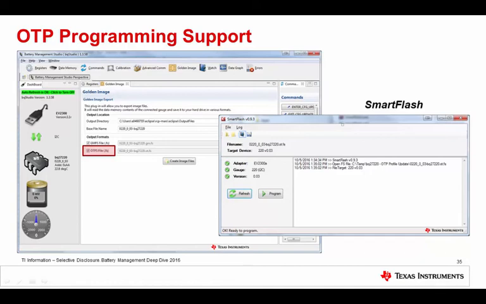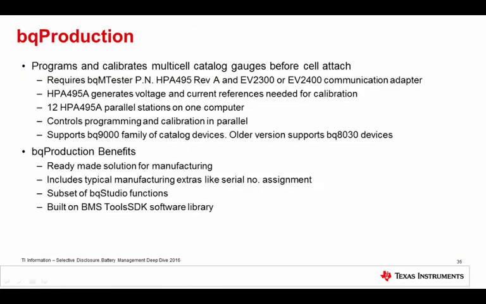And I'll mention just offside, this is also a command line tool. So if you can pass in an FS file as a command line parameter, and it simply runs as a command line tool if you want to just use it in your production environment in a script-driven way. But if you run Smart Flash without any command line parameters, then it pops up as a GUI. So it works both ways.